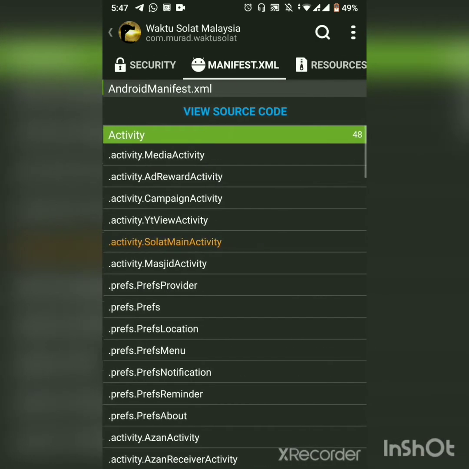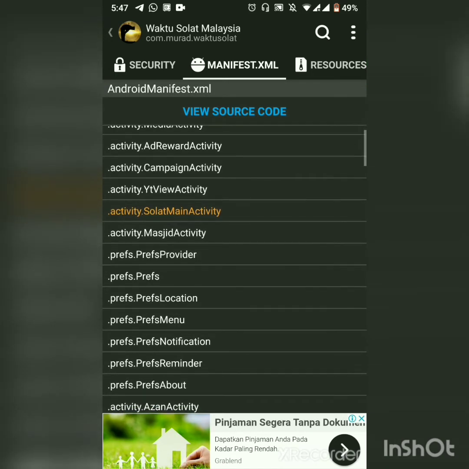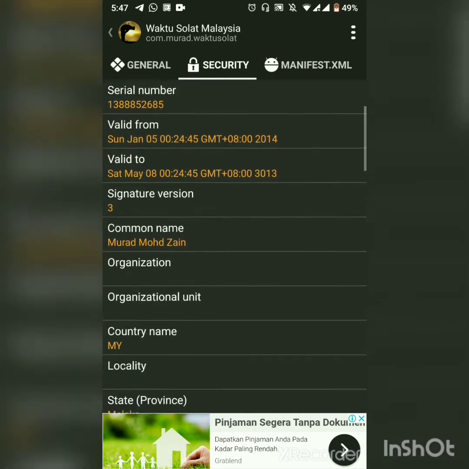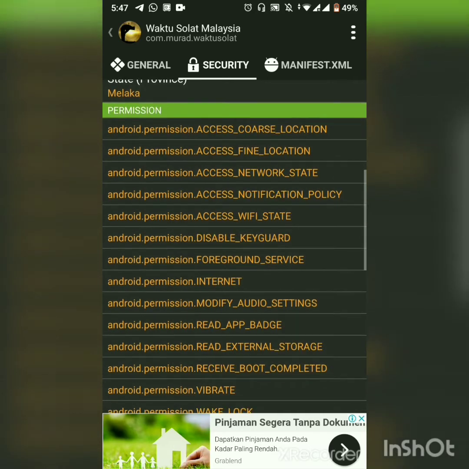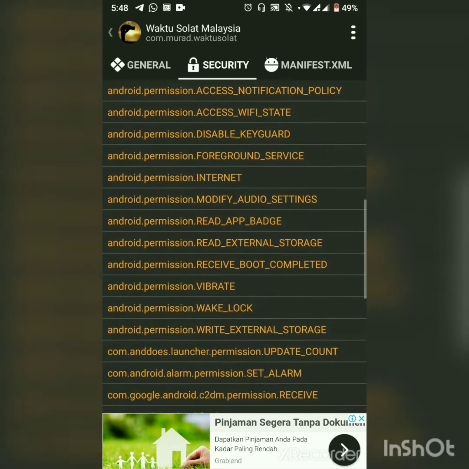As you can see, it has a total of 48 activities, including media activity, ad reward activity, campaign activity, masjid activity, and also pref notification and also pref reminder. Okay, for the permission part, I will explain 3 permissions regarding this Waktu Solat Malaysia app. The first one that I will explain is on the